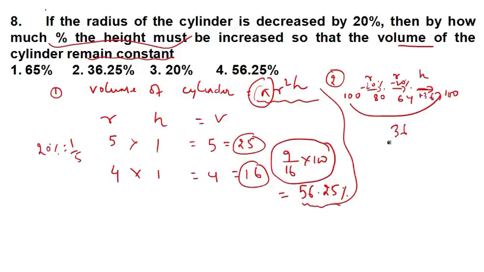You have to plus 36 to get 100. So 36, you have to plus on which number? On 64, into 100 again. If you cut with 4, you get 4 9s are 36, 4 1s are 4, 4 6s are 24. Okay, so again you get 9 by 16 into 100, which will be equal to 56.25 percent. So fourth is the right option. Fine, so we'll move ahead.